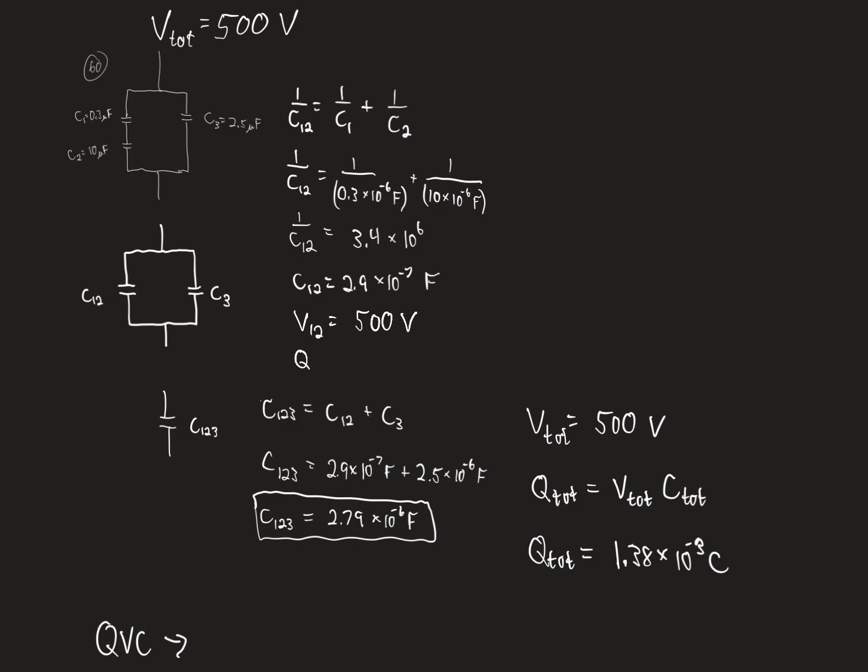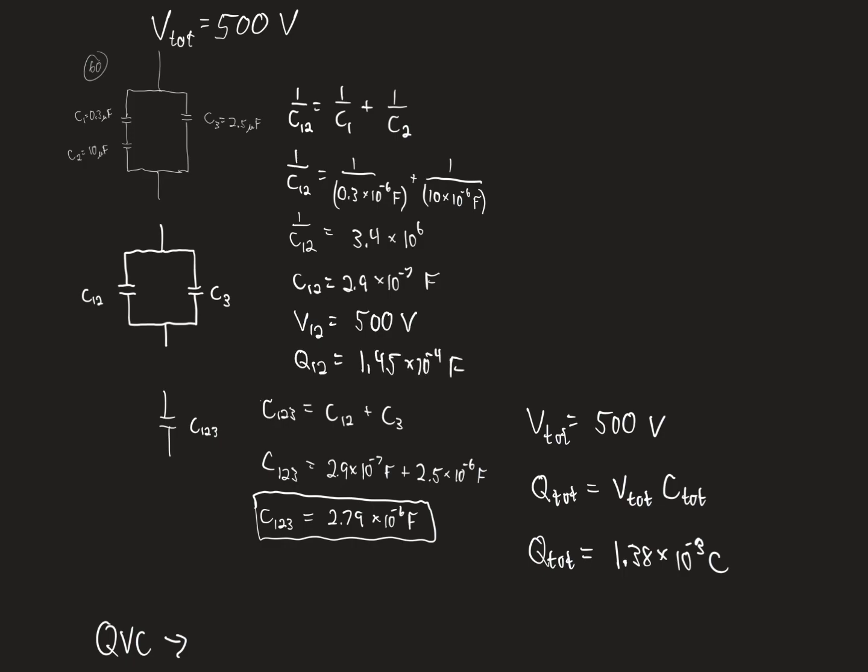Can I find what charge 12 is? How do I find charge if I know voltage and capacitance? Multiply those two together. That is 500 times 2.9 times 10 to the negative 7, and I get 1.45 times 10 to the negative 4